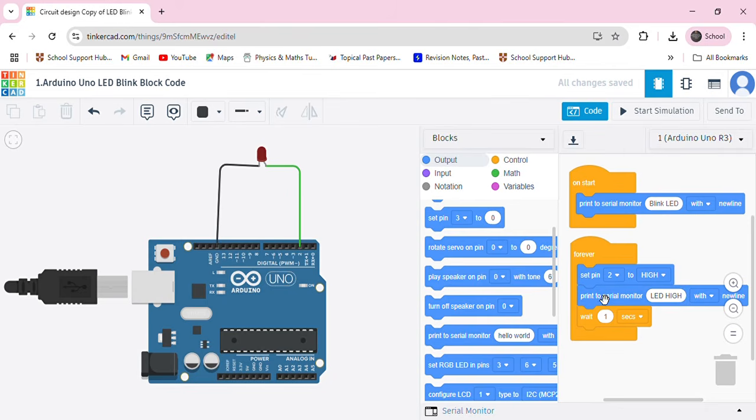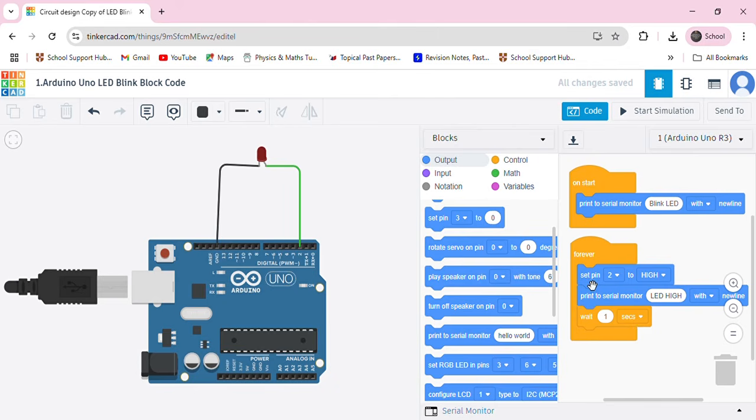So what is going to happen is pin number 2, that LED is going to be high, and on the serial monitor we will see written LED high and it will go to a new line. Okay, and then it is going to wait for 1 second,